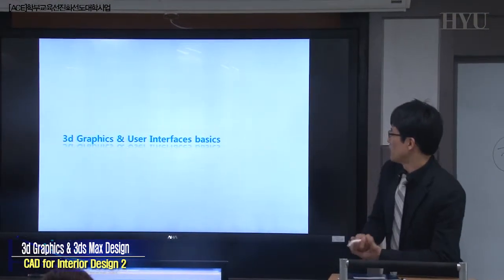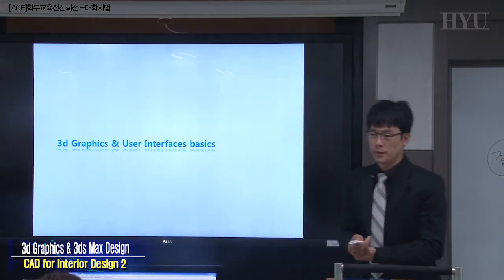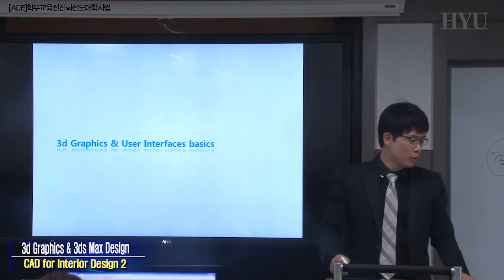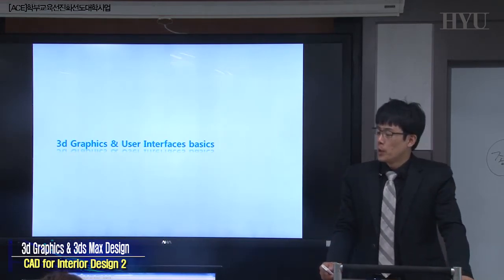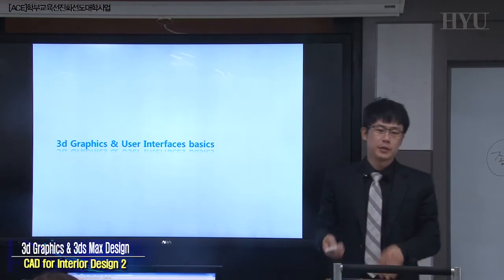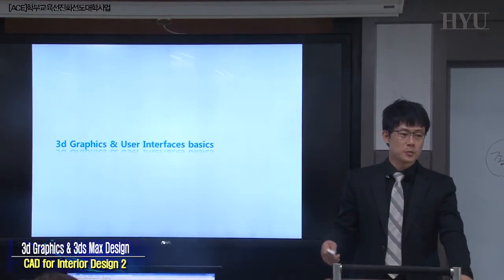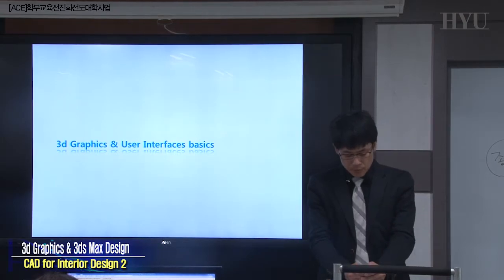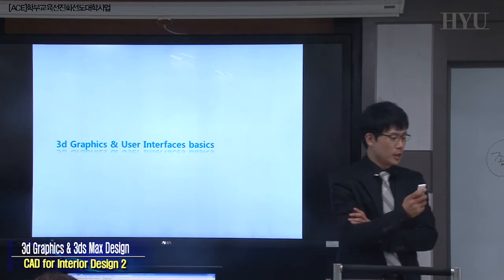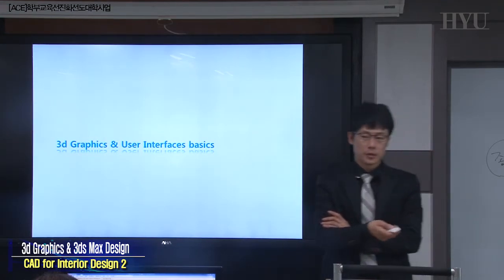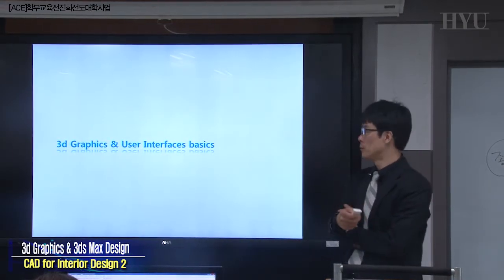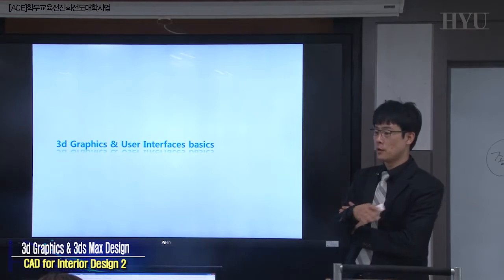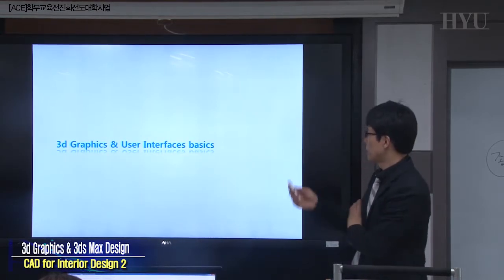3D graphics theory. 3D graphics and user interface. You may know what is user interface, especially graphic user interface. But last week, we already did some 3D Studio Max without any specific experiences. But you can do something according to my instruction and course material because you know how to use Windows application. Even if it's very complicated, you can use it because there are some common factors, so-called graphical user interface